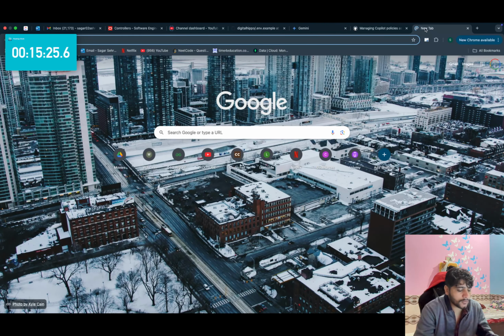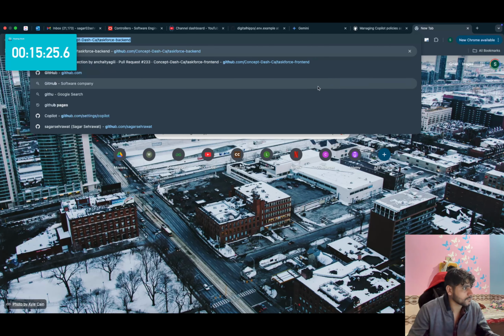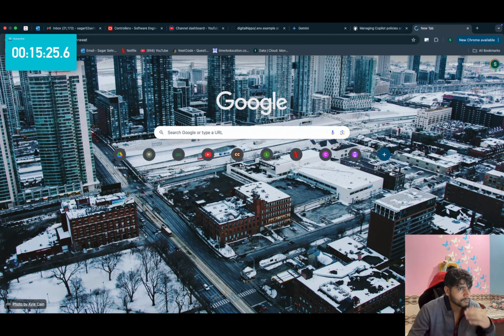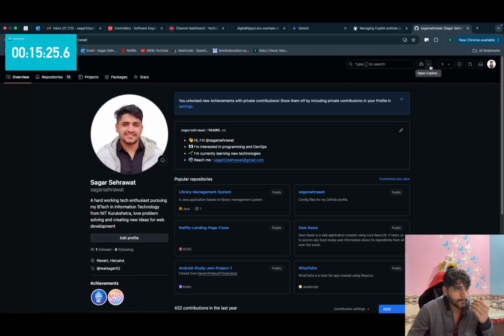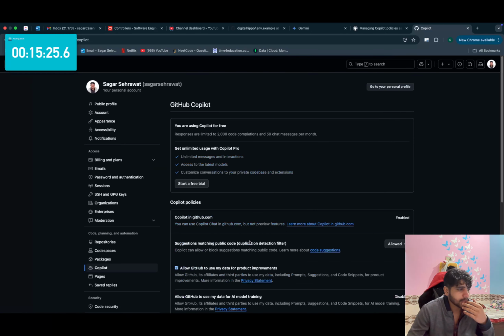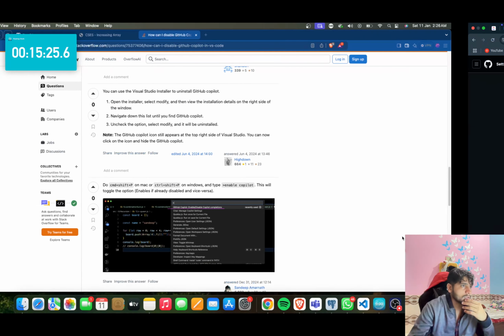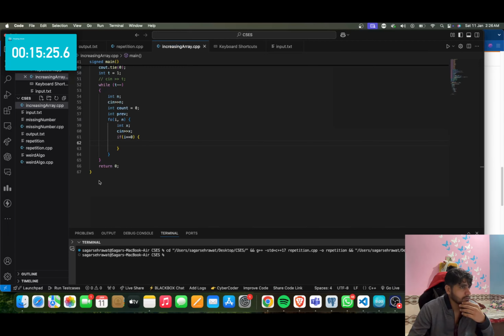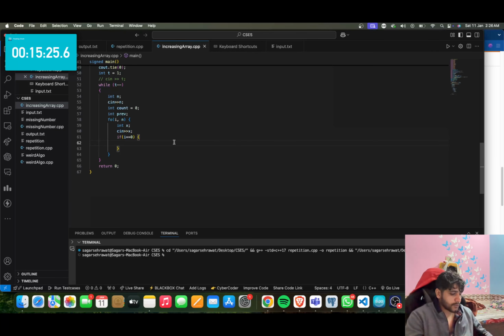Let's go to GitHub first. Settings. Okay, now I think it won't show it now. Right, I think it won't. If i is 0, then prev is x, and